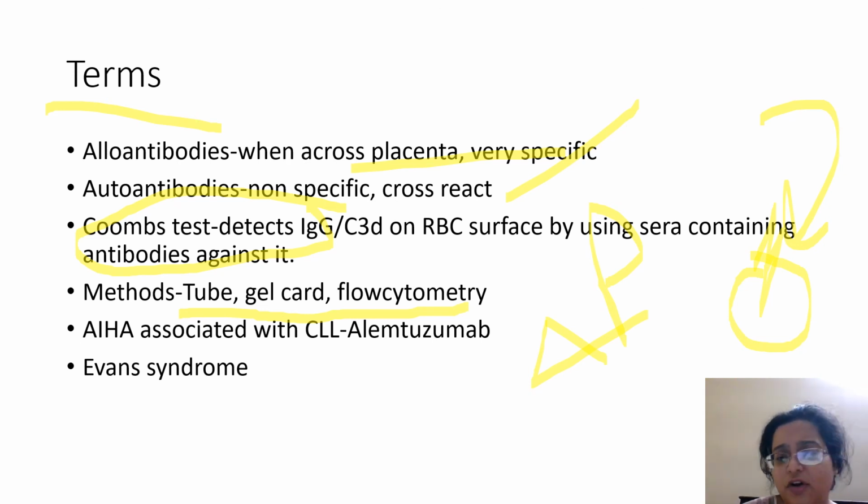And then, just for your interest, CLL and lymphoproliferative diseases have a lot of autoimmune background to them. So alemtuzumab, another monoclonal antibody, is a treatment method used. And another thing that you're very commonly going to see is Evans syndrome. What happens in Evans syndrome is there's hemolysis and thrombocytopenia. So in a smear where you're getting polychromatophils, you might be getting spherocytes or schistocytes, and you find thrombocytopenia, or maybe giant platelets with thrombocytopenia. Always think of something known as Evans syndrome.